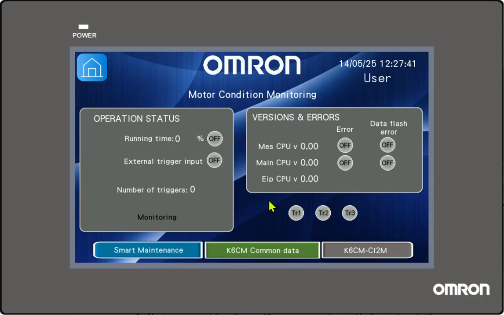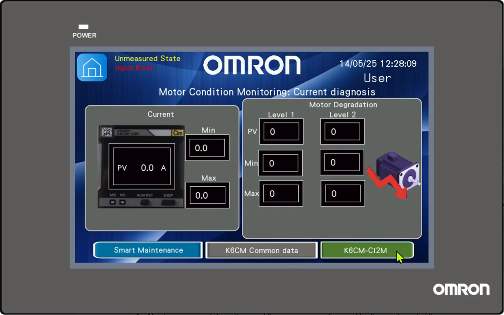In the first page, we have common data of the K6CM regarding operation status, but also versions of the CPU, the main CPU, the Ethernet IP, and the MES, and the errors related. We have also transistor output status data.